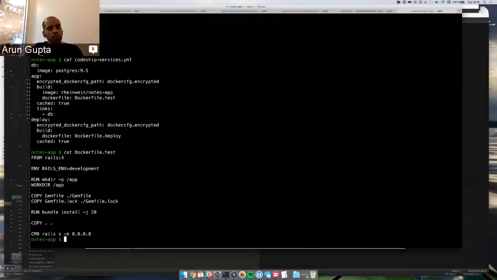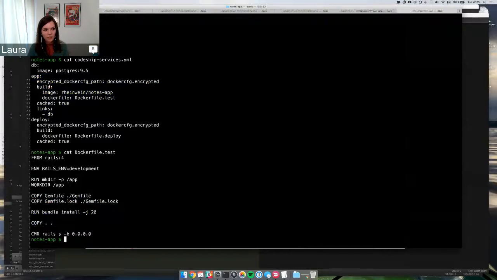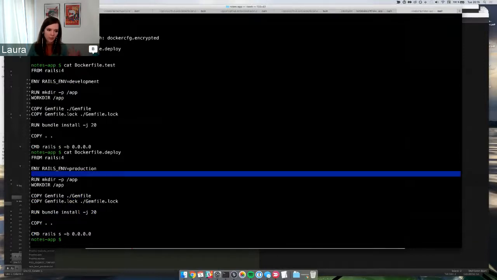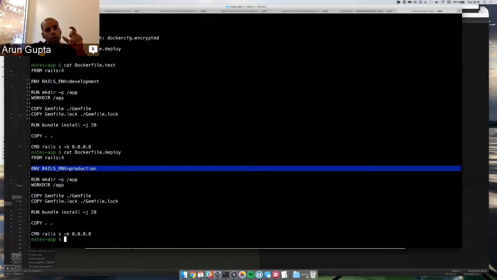Right. And we still have this link, the app is dependent on the database. We also have this extra deploy service, which uses its own Dockerfile, which is actually, I think, identical to the test Dockerfile. I split them out because there's probably going to be some other deploy steps. Of course, the environment variable is different. That's why they have to be. So is it a common practice to put this test and deploy and all of these services together